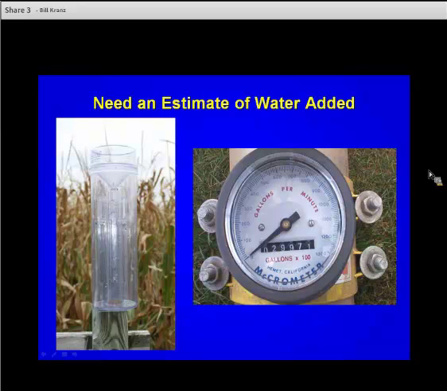I know in a field, in a quarter section, we certainly have really intense storms come through here, just like everywhere else, that tend to be isolated and could provide 2 inches of rain on one side of a quarter section, and less than an inch and a half, or less than an inch, on the other. So from the rainfall point of view, you really need to have a fairly decent rain gauge out there and